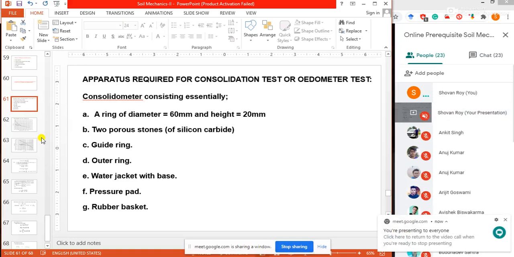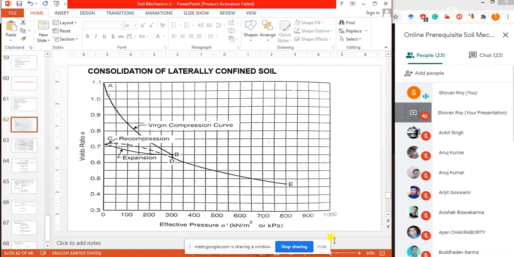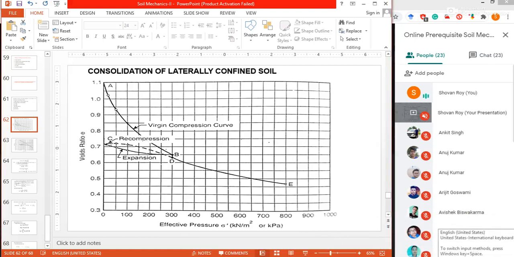If we start our today's class, the consolidation of laterally confined soil. We have just watched one video regarding this consolidation test. So from this test, we can say if a remolded soil,